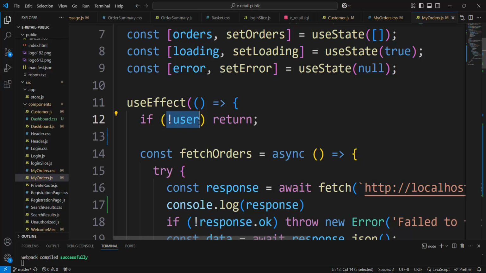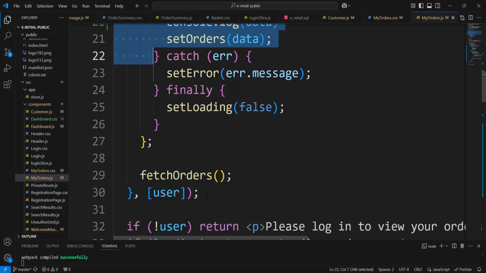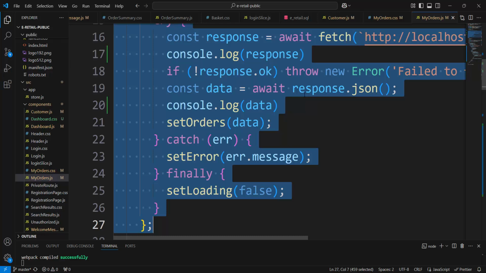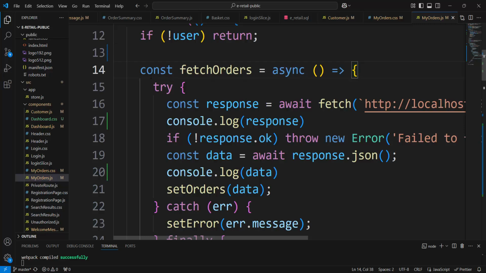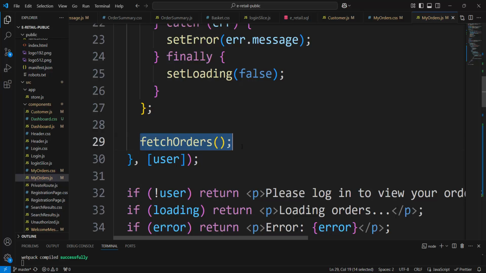And if the user returns, stop the program. And here is a function, inside of useEffect: declaration of the function and instantiation. Declaration and instantiation means we put the name of the function in memory, and that reference points to another place in memory where the body of that function is. It is created here, and here we call it,